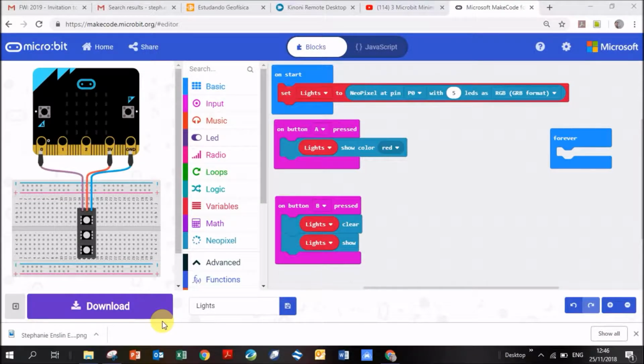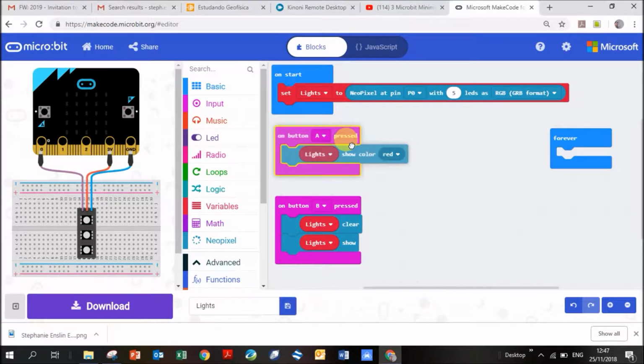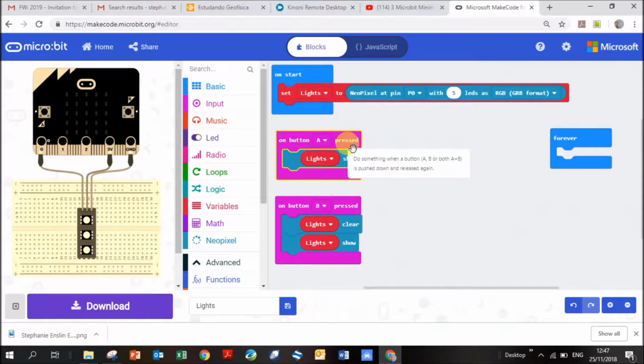Okay, so following on from the previous video where we used our Microbit to turn all the lights on our Minimove red, let's now use our Microbit to change the lights so that they're different colors. And so how we're going to be playing around here is this middle part of our program that we'd already created. So just to remind you, in the program we said when we start up the Microbit and the Minimove,